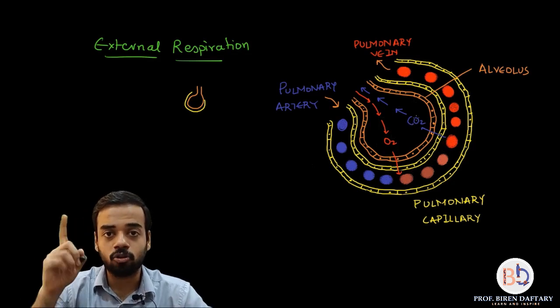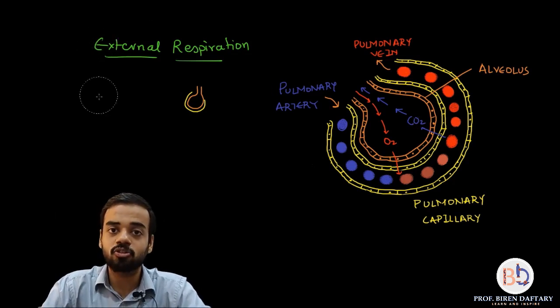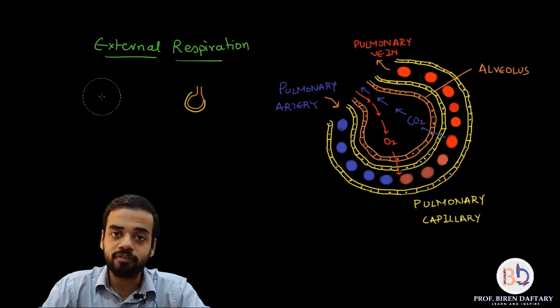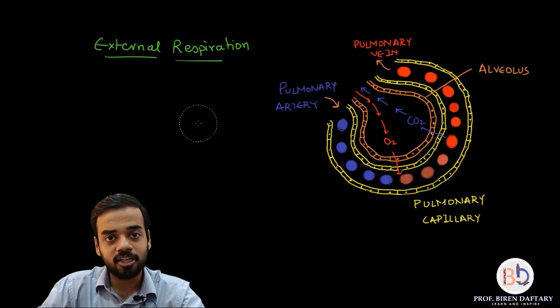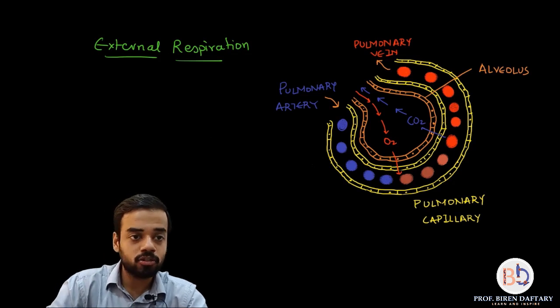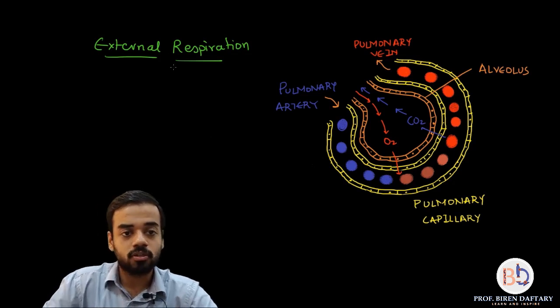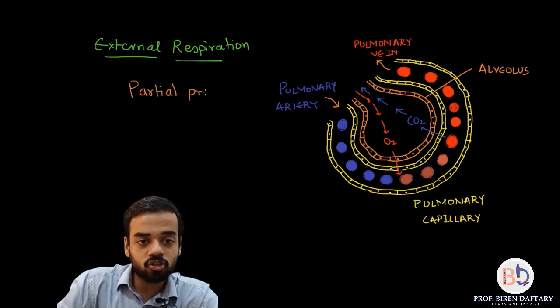So first about oxygen, let me tell you. So again the principle over here is based on pressure. Air will always flow from high pressure to low pressure. So wherever oxygen is at a higher pressure, it will go to lower pressure. Similarly, wherever carbon dioxide is at a higher pressure, it will go to lower pressure. So the term which we use is called the partial pressure. Okay, so let us talk about the partial pressure of oxygen first.